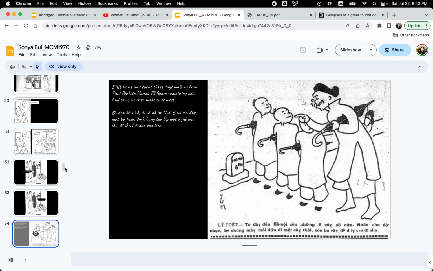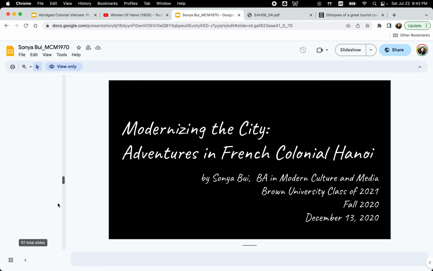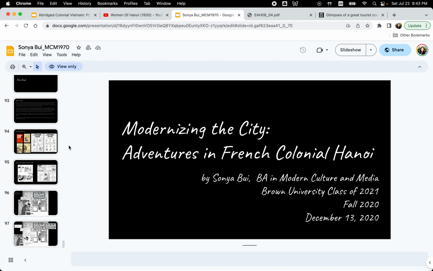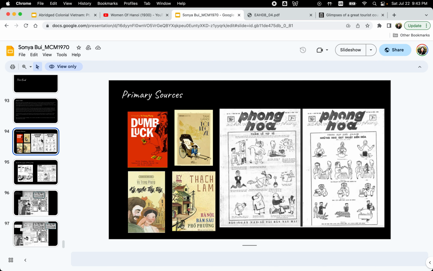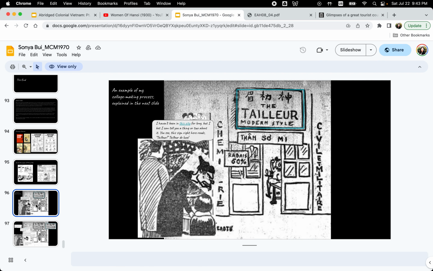So what my student Sonia did is that she took, and I'll go to her explanatory page, some of the drawings that were in some of the most popular Vietnamese newspapers published in the 1930s, so many comics and graphic illustrations in these newspapers. She basically copied and pasted and cut them apart from these pages, from advertisements to drawings of cars to illustrations, and then through this weaving together, she stitched a different narrative of what one might experience and feel about colonial Hanoi,